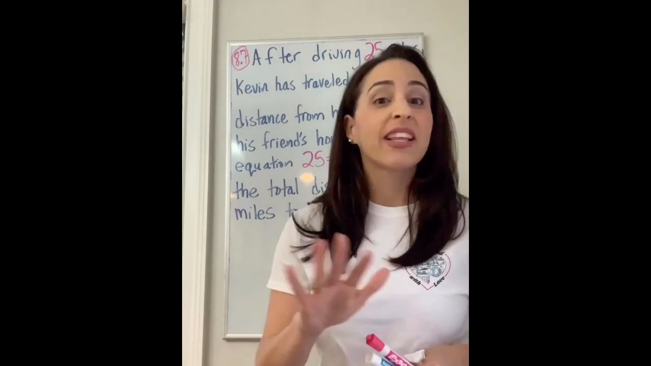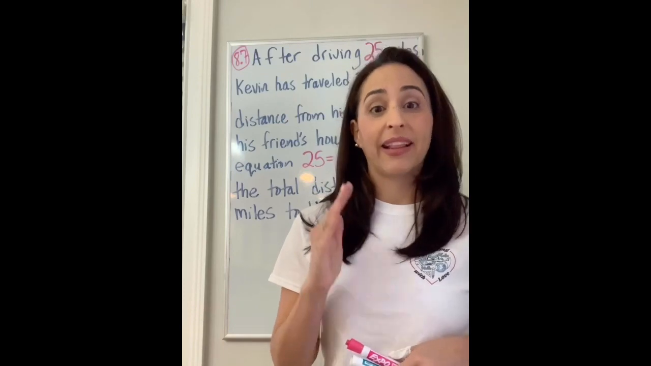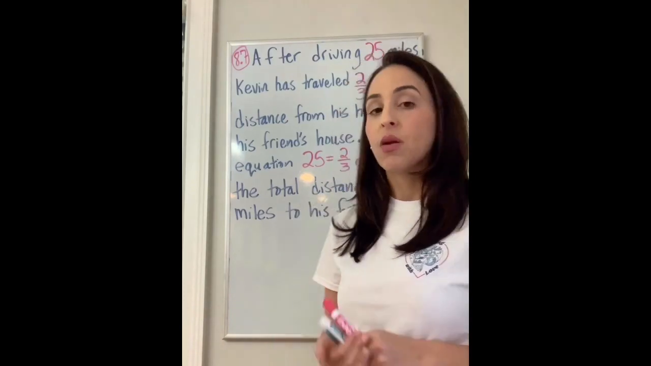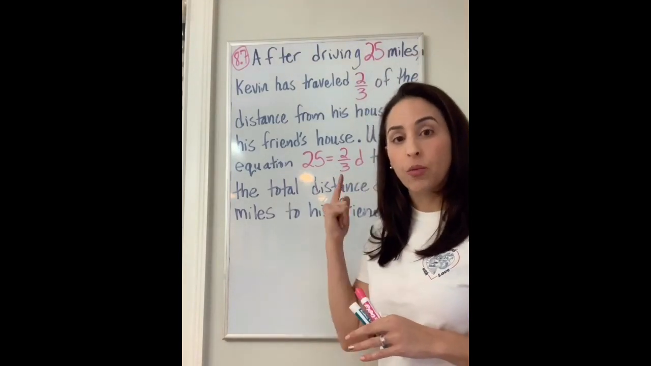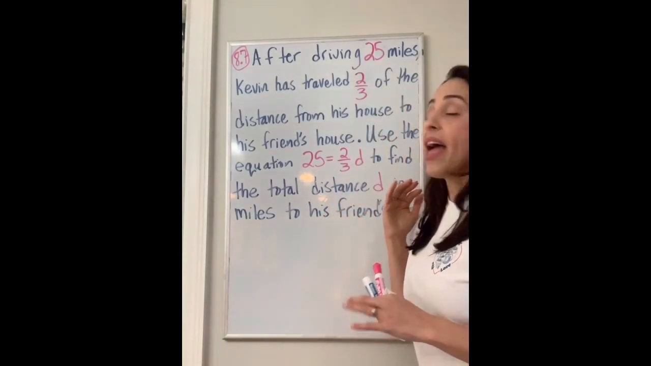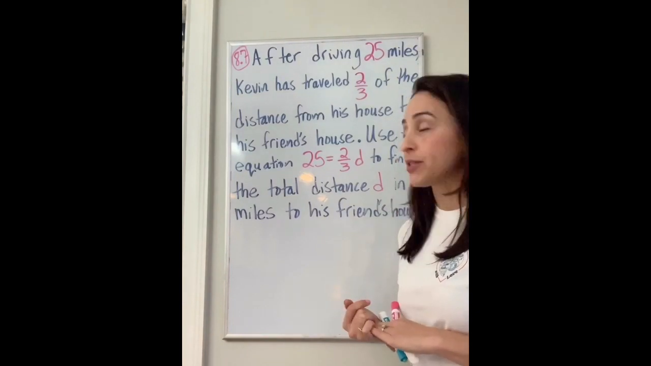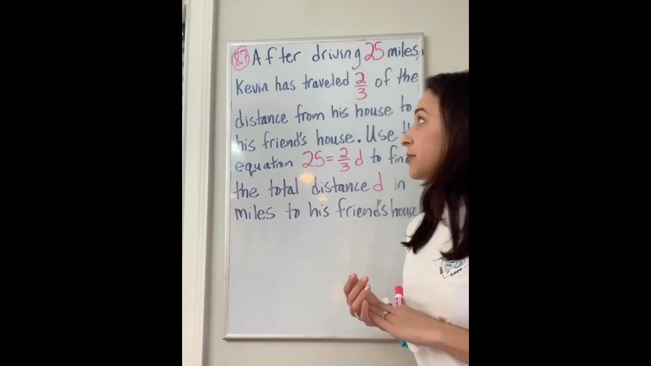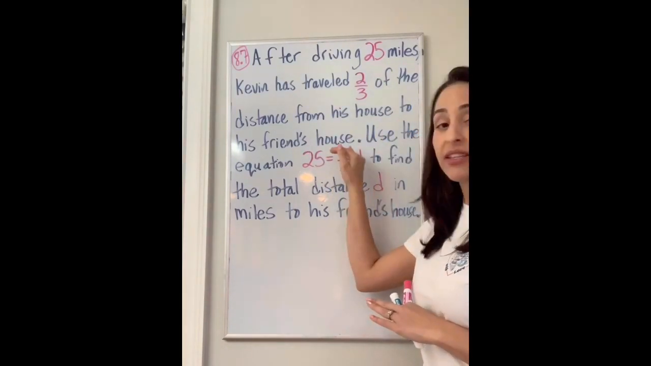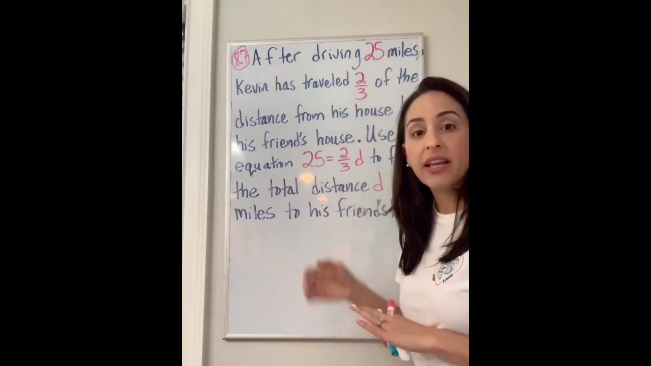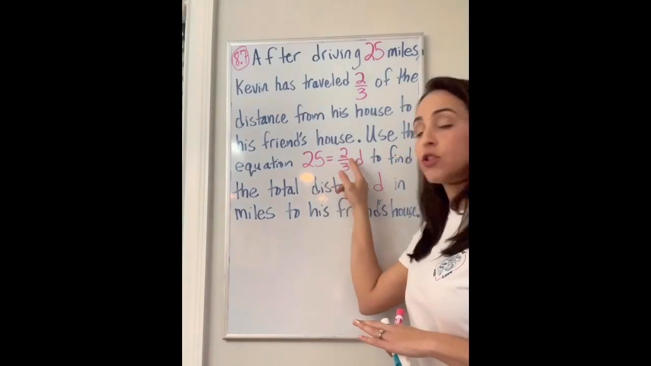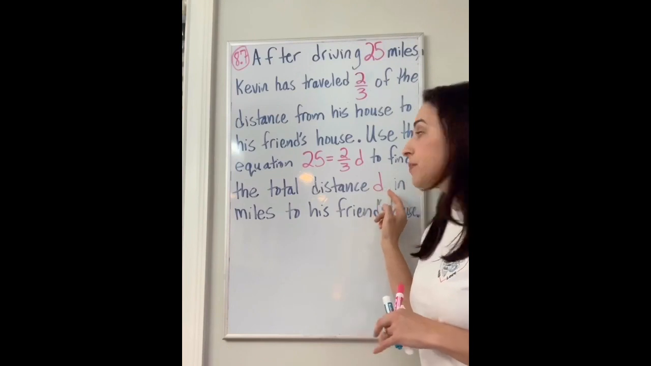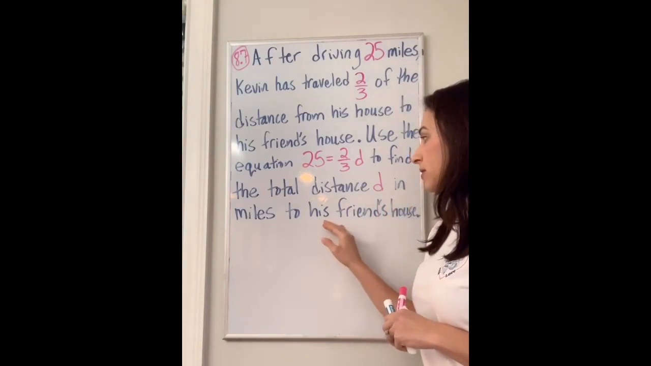Let's start. The first thing that everyone must do is you have to read it at least 1 time. And I suggest reading at least 2 times really, or more. We're gonna read it all through together once and then we'll go back slowly. After driving 25 miles, Kevin has traveled 2/3 of the distance from his house to his friend's house. Use the equation 25 equals 2/3 D to find the total distance, which is D, in miles to his friend's